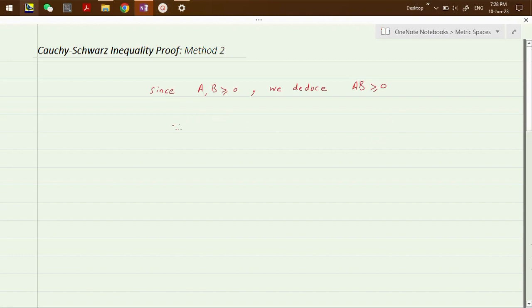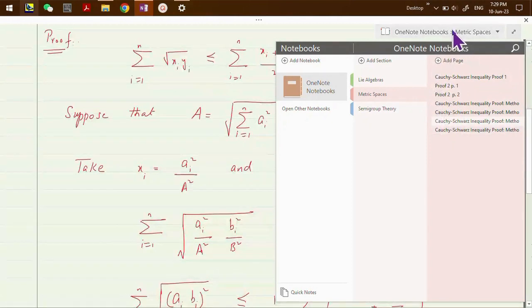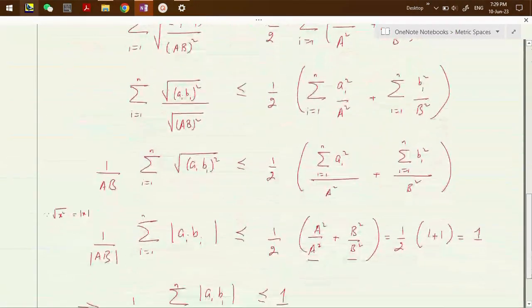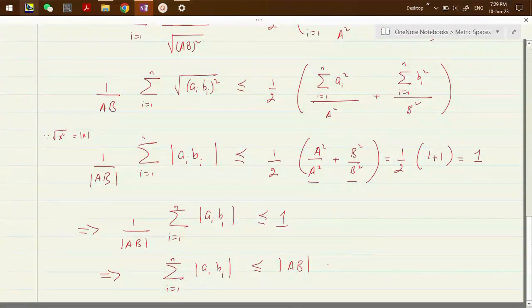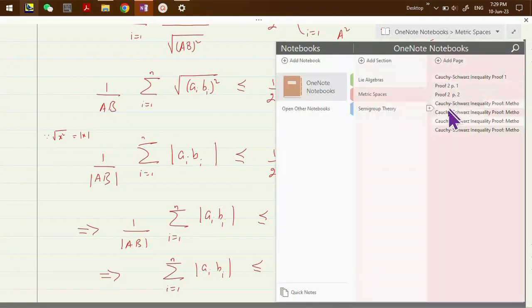And since we know that mod of x is equal to x when x is non-negative and minus x when x is negative. So as we know that we have this inequality which is named as 2. In this inequality, the inequality number 2, we get